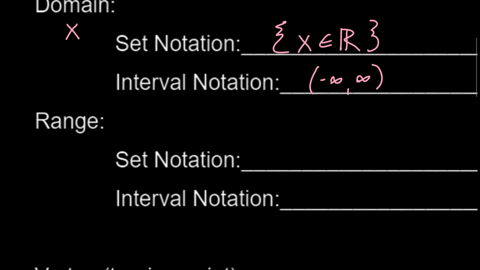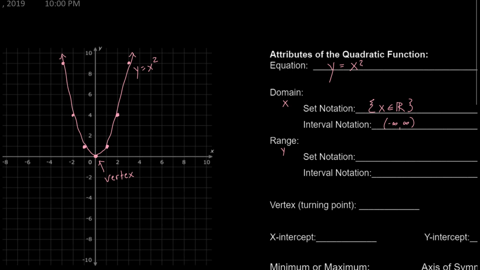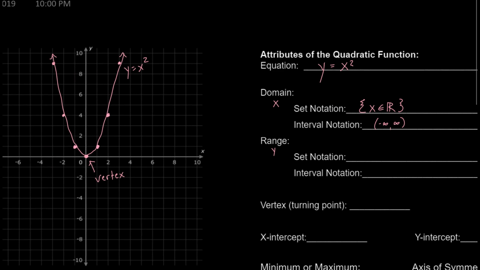And range is which values, x or y? Y. Yes. Now, as always, I ask myself, okay, what is the least y value here? 0, right? I go to 0 right there on the y-axis. I go down to 0. Is it equal to 0? Am I touching 0? Yes, I am. I have a point right on 0. And then what's my max y value? Infinity. So I go from 0 to infinity, or in other words,